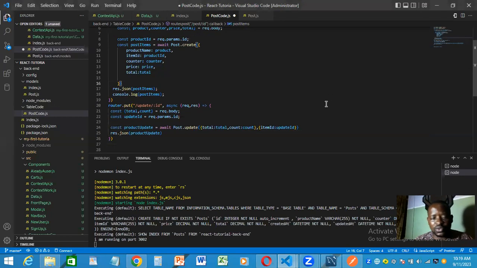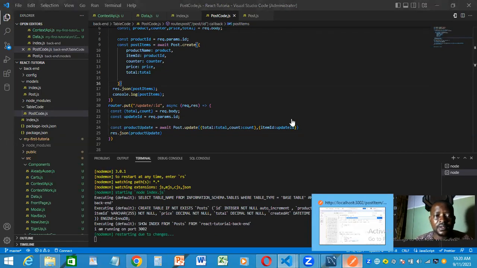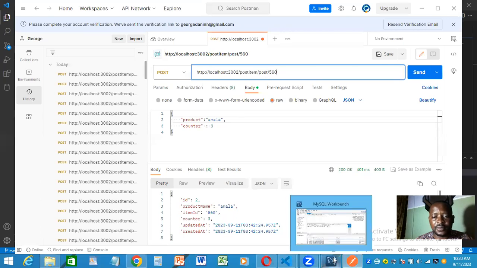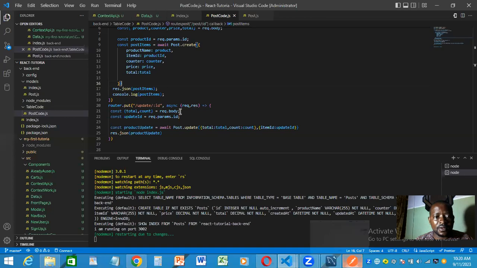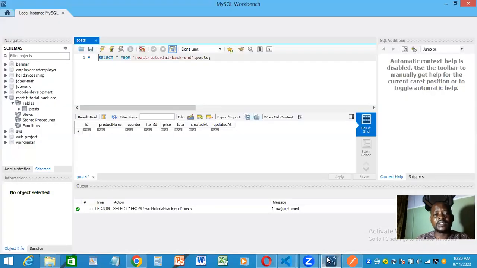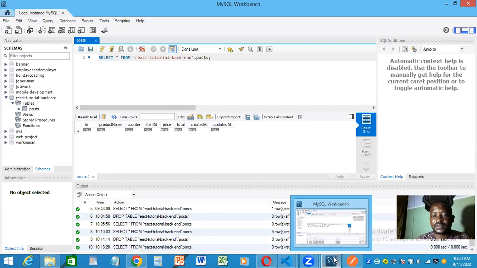So we are going to use this API again. What's the name of our updates? We call it updates. Then let's see the ID of, okay, since we don't have ID,